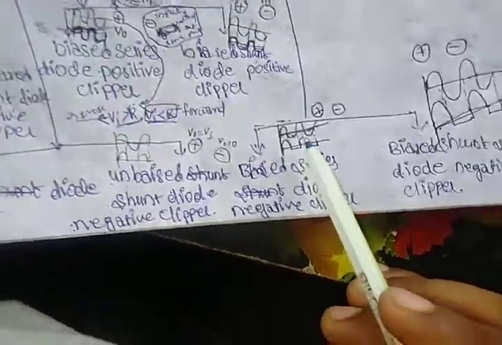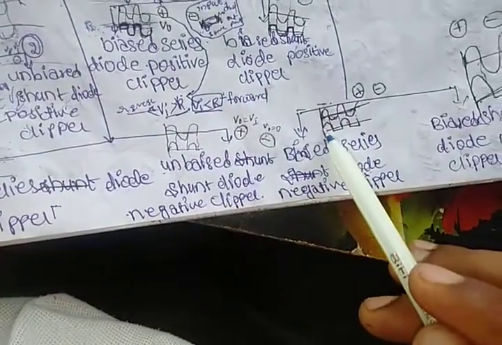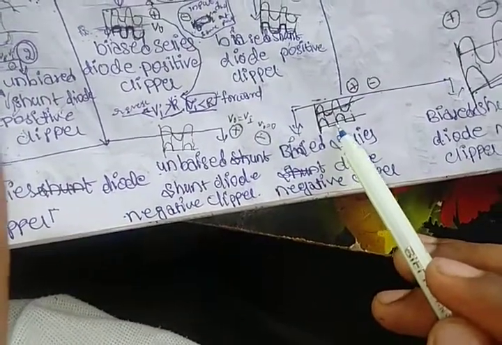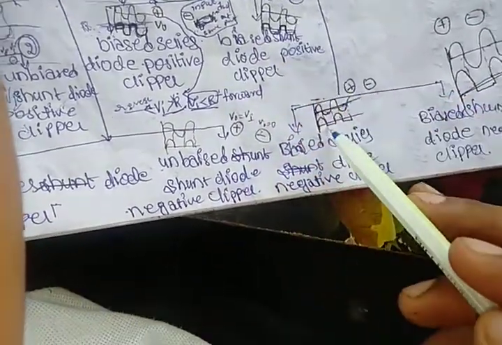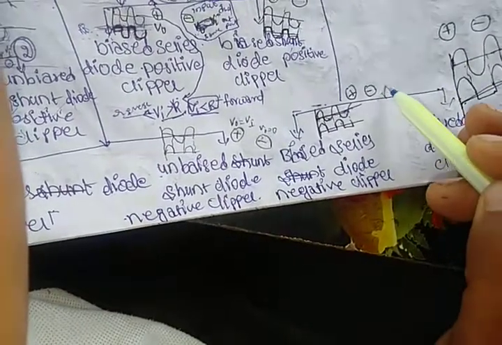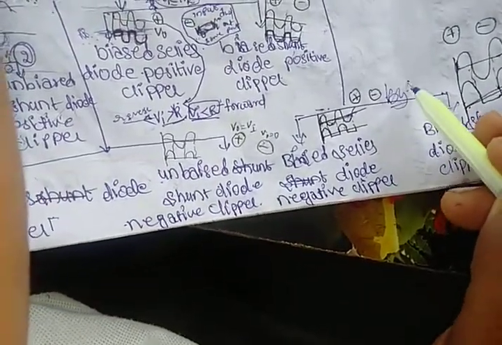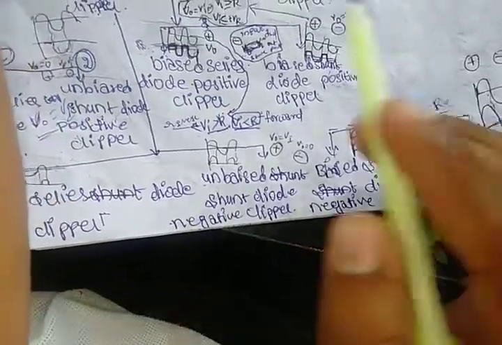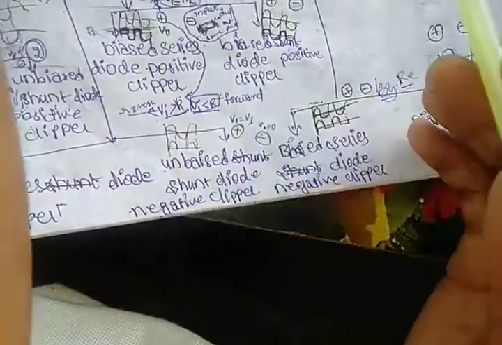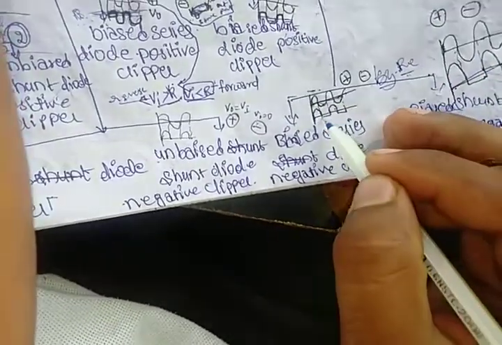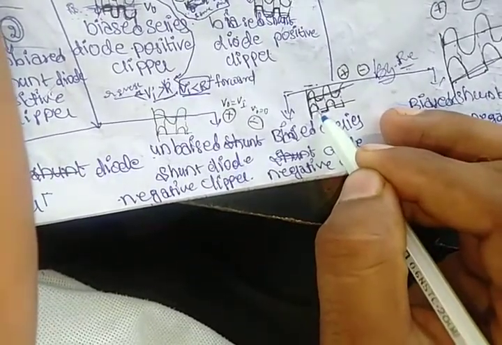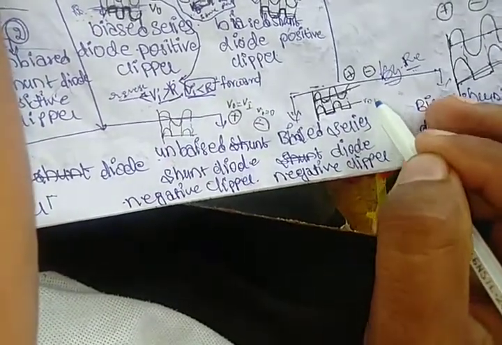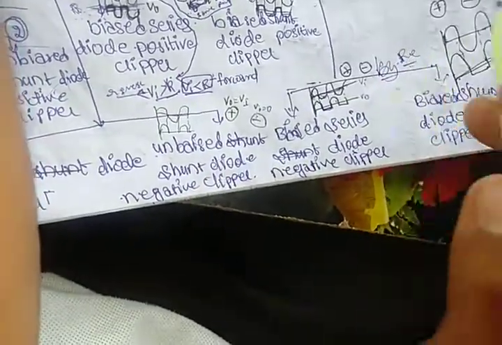Here we have already observed that the positive half cycle will be the same, but the negative half cycle will be different. Why? Because for the negative clipper, we get bias by some reference voltage. Same for these two: when we give some reference voltage to this, we get some bias. This is the output Vo, and this is Vi. This is the same for all.